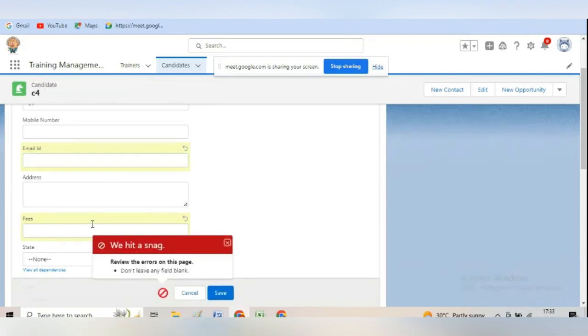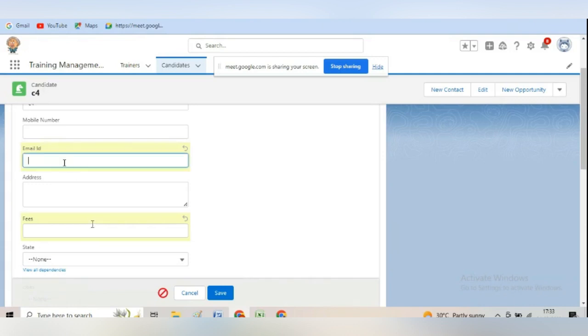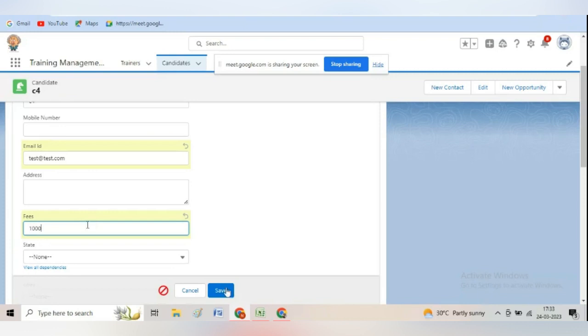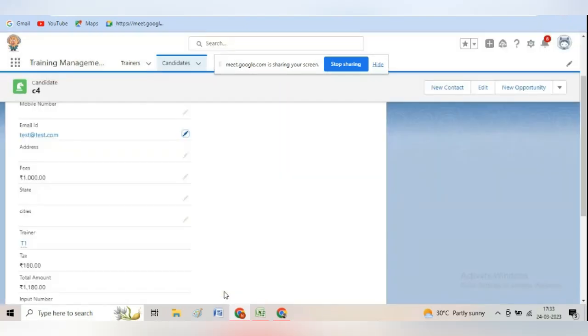In case we don't fill any field, then it is giving us the same message. So we have to fill both the fields. Then only it will be saved. So as far as it is clear,